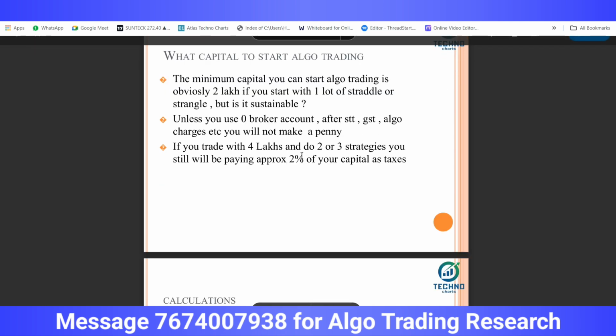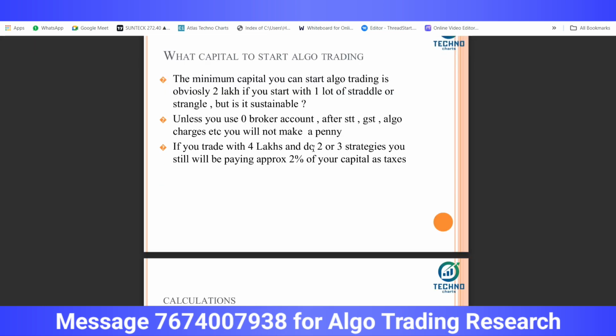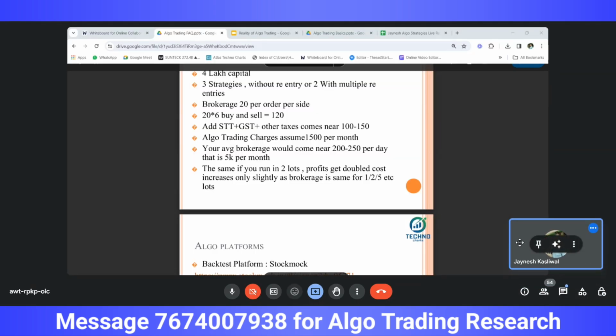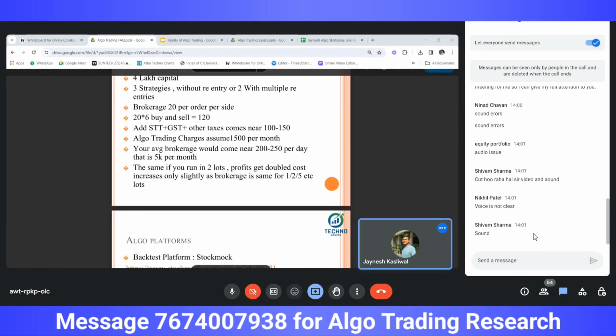Because let's say that if you trade with 4 lakh rupees, and even if you do 2 to 3 basic strategies, where you are selling straddles or strangles, you will be paying approximately 1 to 2% of your capital as taxes. Now, what do you mean by taxes here? Taxes here, I'm